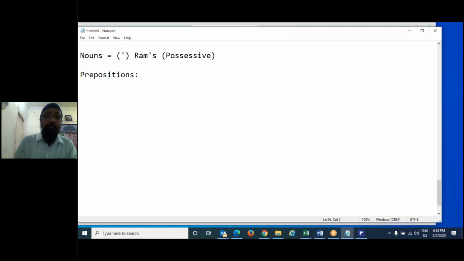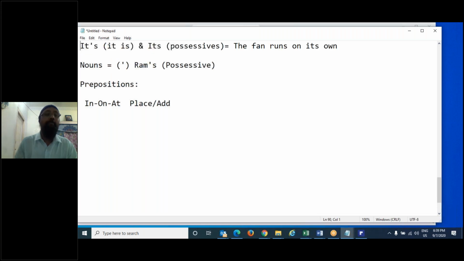So if I'm talking about in, on, at, right? These are three commonly used prepositions, and we want to define an object named as a place or address, and at the same time, once again, noun single quote possessive. Okay. Noun single quote possessive. For example, if I say,